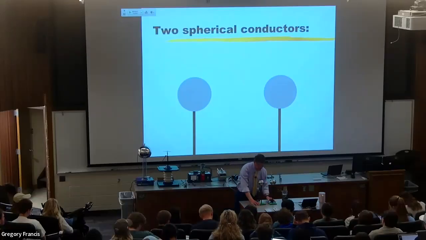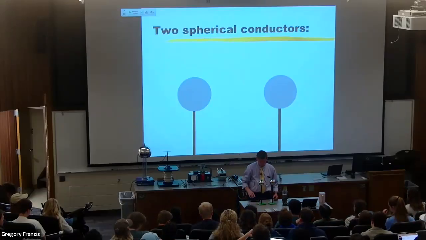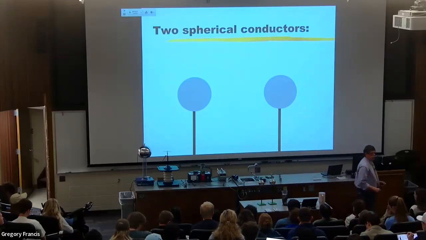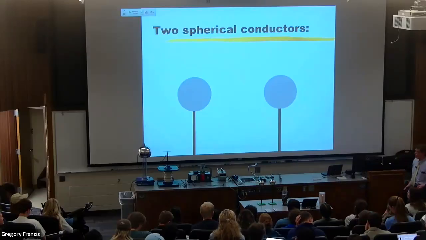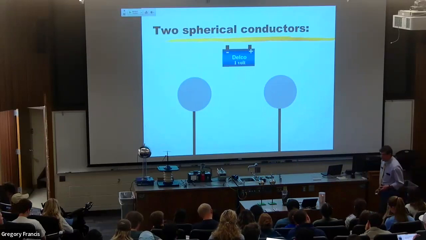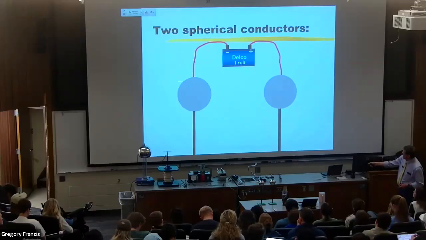And we charge them up by stealing electrons from one of them and dumping them on the other one. So one of those gets positive and one of those gets negative. And I typically do that with a battery. If I went down and got a standard 1 volt battery and hooked that to those conductors, what that's going to do is steal electrons from this conductor, run them through the battery, and dump them on that conductor, so that I would